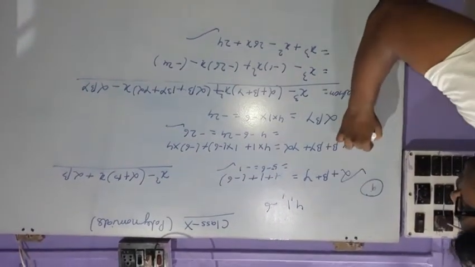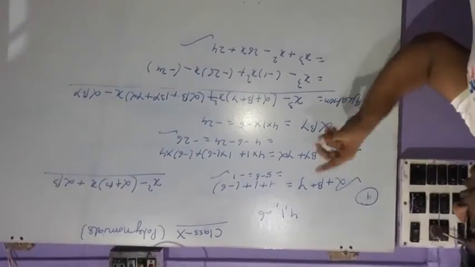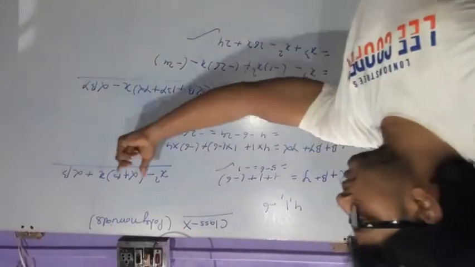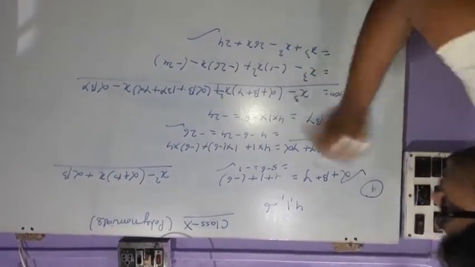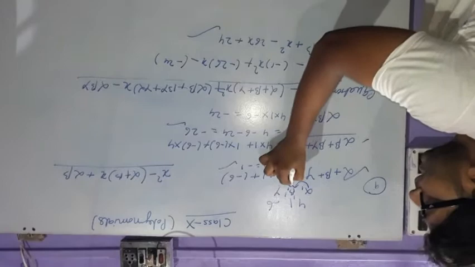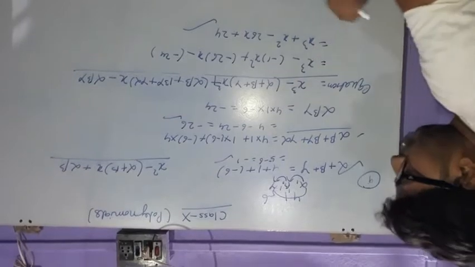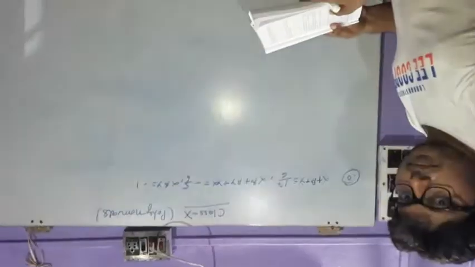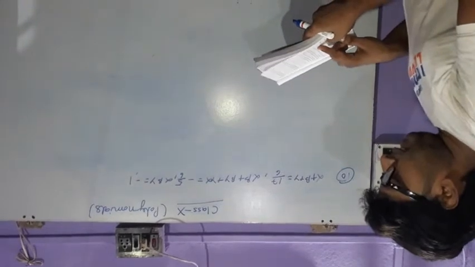You may face confusion because this is a cubic polynomial, so you have to remember the terms. First you have to find the sum, then the product. These terms are the same as in the quadratic equation, sum and product. But the middle term is different. In the middle term we take alpha, beta and gamma and multiply two terms at a time: alpha into beta, then beta into gamma, and then alpha into gamma. By finding these terms, you can easily find the cubic polynomial. Okay, you can note down. After that we will take question number 10. Find a cubic polynomial having alpha, beta and gamma as its zeros such that.